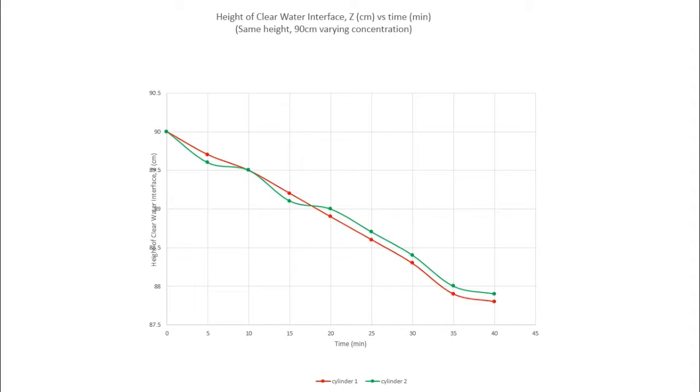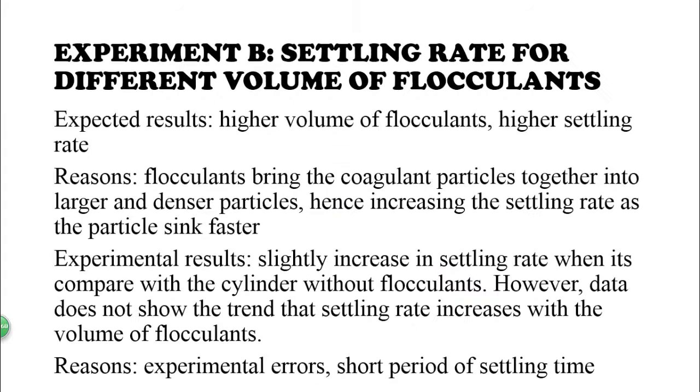For experiment B, we are going to discuss the relationship between settling rate and the volume of flow current. We expected that with the adding of flow current, the settling rate will be increased. The higher the volume of flow current, the higher the settling rate. The reason is because flocculation occurs with the presence of flow current, in our case aluminum oxide. Aluminum oxide brings the particles together, coagulating them into larger and denser particles, and hence increasing the settling